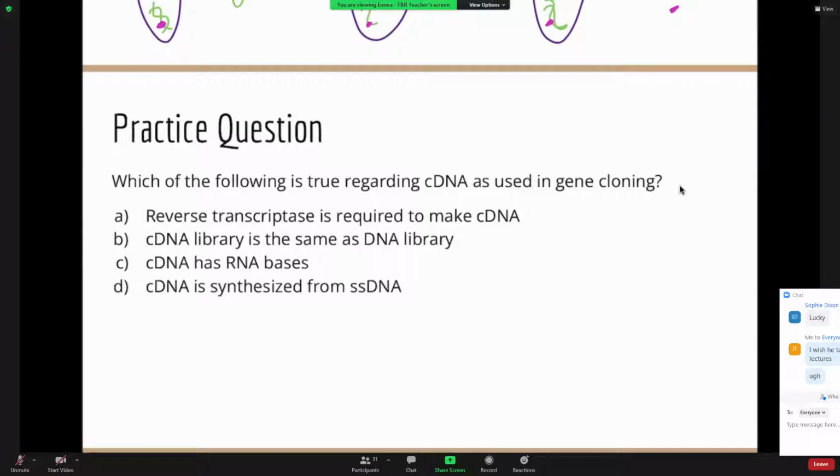When we think about cDNA, we're going from mRNA back to that cDNA. We know we're going in reverse and we're basically transcribing. Reverse transcriptase is true. We need that. cDNA library is the same as a DNA library? No, this is going to be false. Oh, sorry. Maybe I shouldn't have put a check here. We'll go for a T. True. This is going to be false because the cDNA library is telling us what the mRNA transcribed, whereas a DNA library